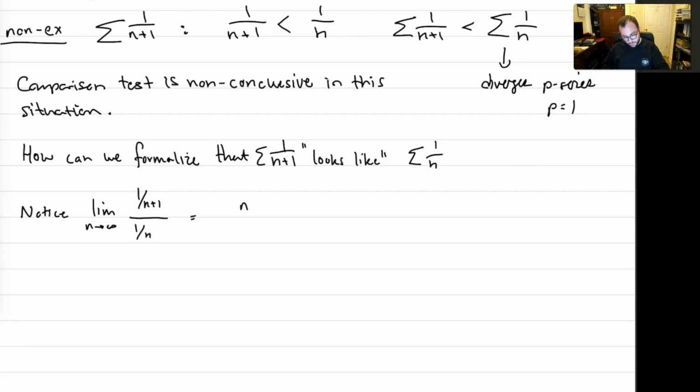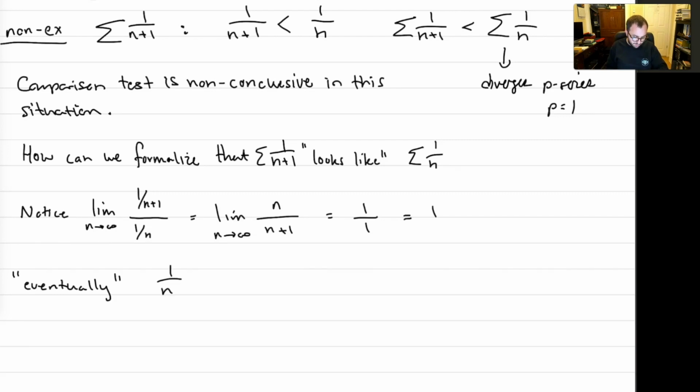But let's look at this limit. I'm going to rearrange this. This is n over n plus 1. Which we know is 1 over 1, because n and n plus 1 both have the same degree. You take the quotient of the leading coefficients if the degrees are equal. And that's equal to 1. So eventually, aka at infinity, 1 over n and 1 over n plus 1 are the exact same function. Eventually, the fraction of the two is equal to 1. They're the same. That means that they should both diverge together,